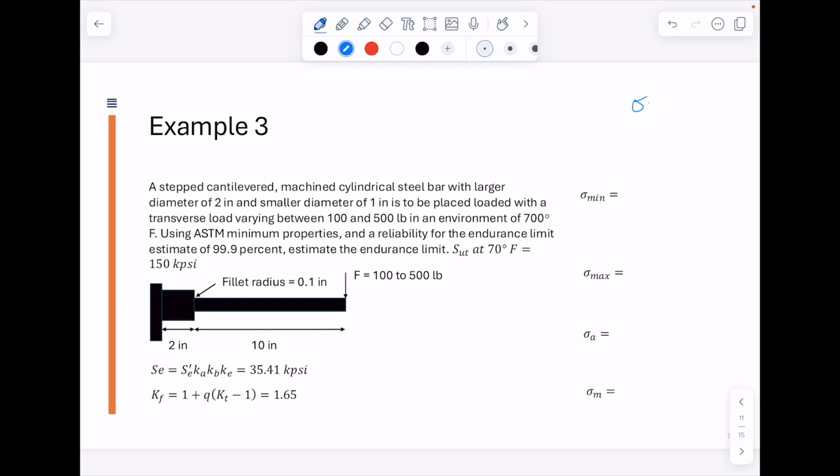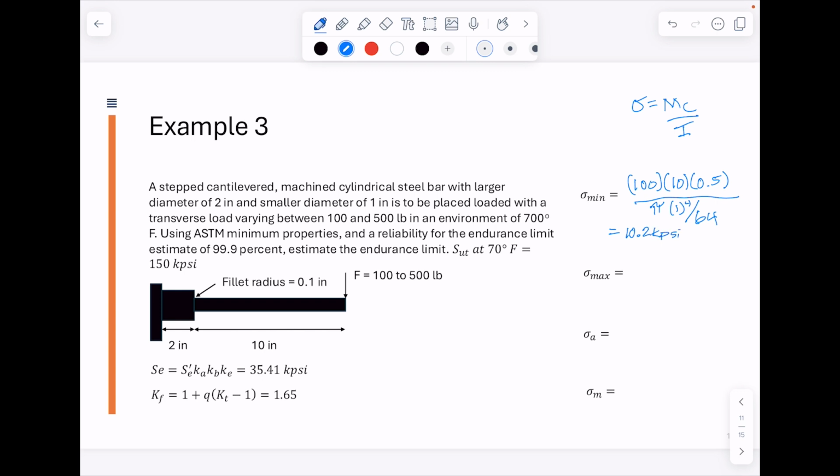So we would have sigma is equal to Mc over I. So here our moment for the minimum would be 100 pounds times a distance of 10 inches, and our c is going to be equal to half our diameter or equal to our radius, so that will be 0.5 inches, all over I, which is pi d to the 4th, our d is 1 to the 4th, all over 64. So that will be equal to about 10.2